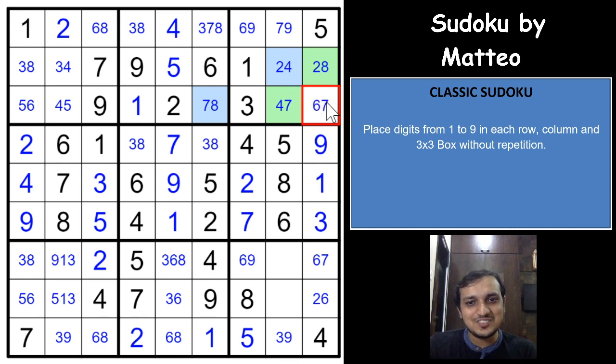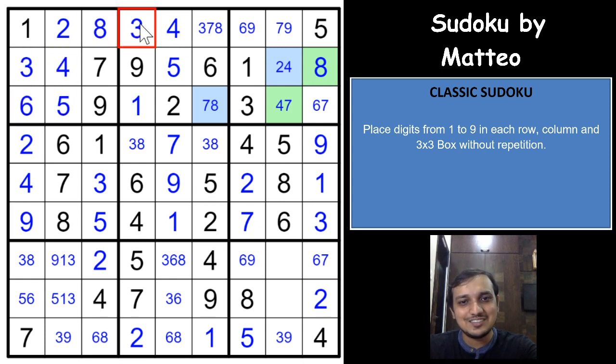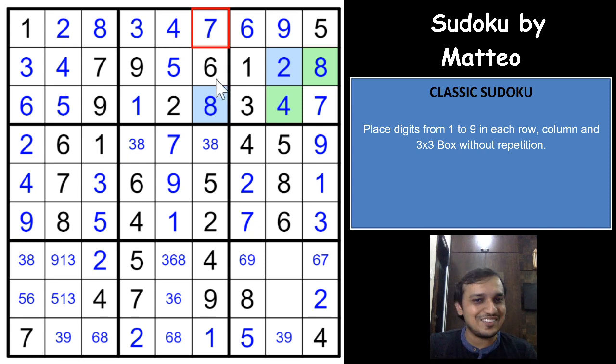And now because of this 6 and 7, you get a 6 7 pair in this column. Wow, awesome. And with that 6 7 pair, you get a 2 here, an 8 here, right? And this 8 gives you a 3 here, a 4 here, a 5 here, a 6 here, an 8 here, a 3 here, and superb. So this gives you a 2 here, and this 6 would give you a 7 here, a 4 here, an 8 here, and this 7 would give you a 9 here, a 6 here, and this would be a 7. So I could have directly written the 7 here, but thank God we haven't done that.